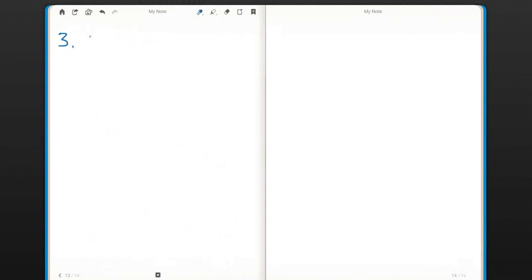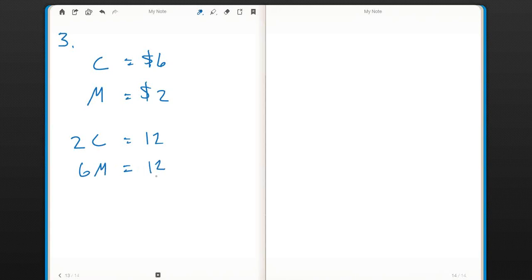Number 3, a box of cookies costs $6. A bottle of milk costs $2. After paying for 2 boxes of cookies and 6 bottles of milk, Nicole had $30 left. So if I buy 2 boxes of cookies, that's $12. If I buy 6 bottles of milk, that's also $12. So altogether, I spent $24